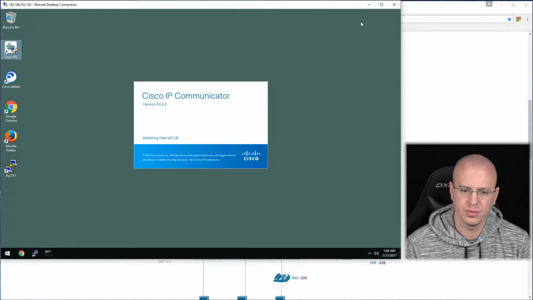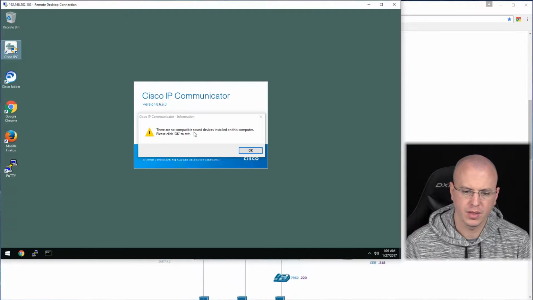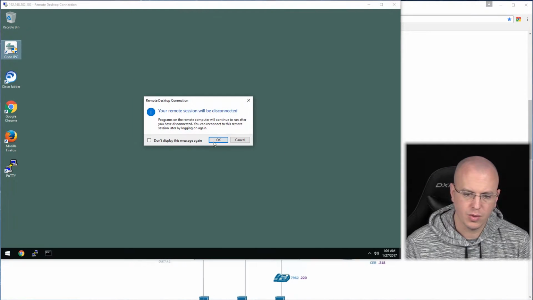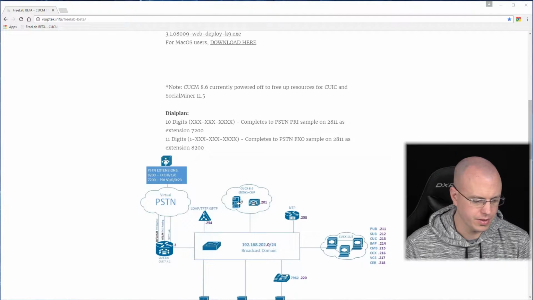It's saying no compatible sound devices, and it's like, oh man, now I can't use the communicator. It's kind of weird, but how you fix it is